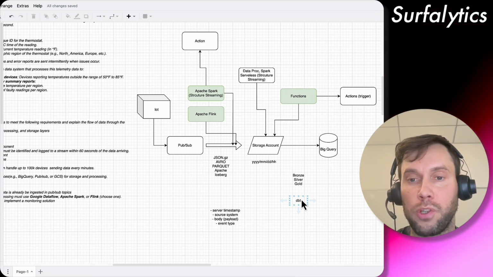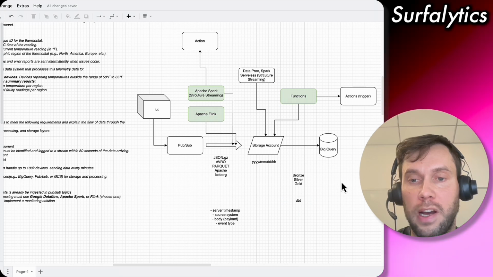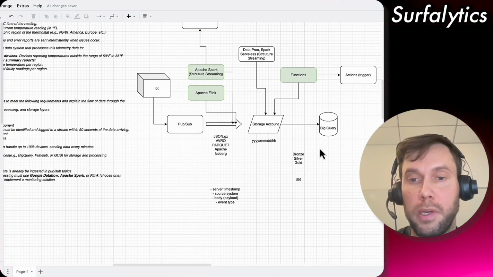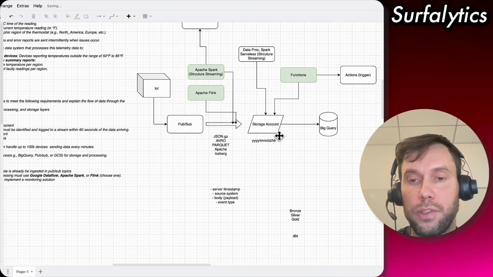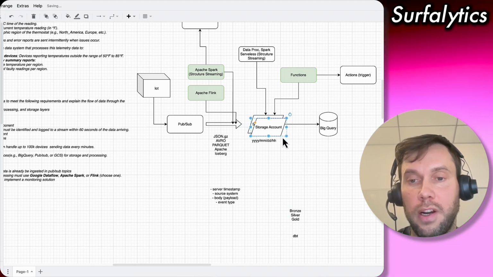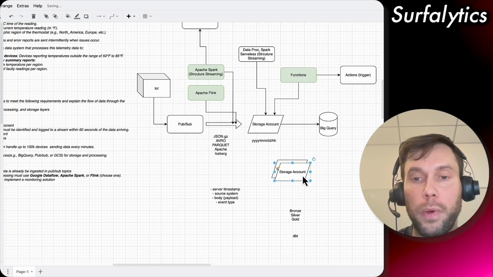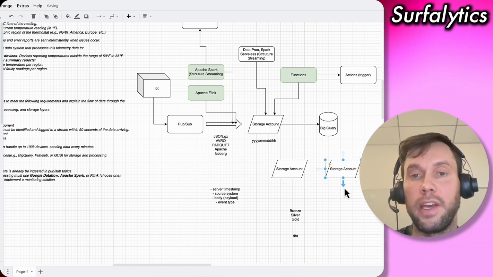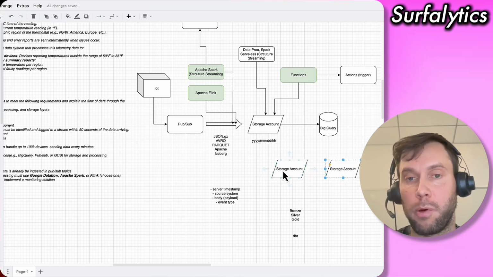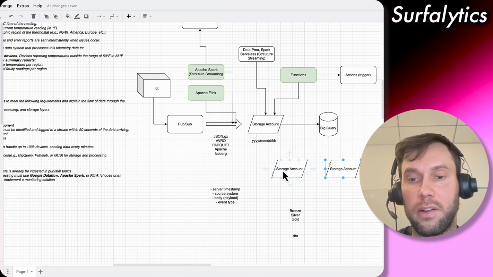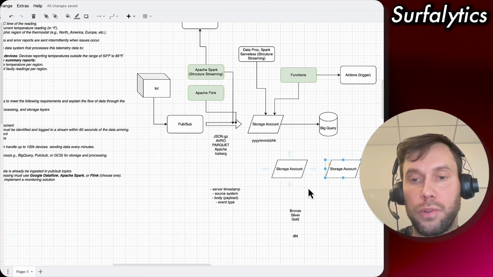The alternative approach here is avoiding BigQuery completely, and we can just continue to use the storage accounts. In this case, we can even start using the Lakehouse. Right now, Apache Iceberg is very popular, and there are a bunch of options to use here.